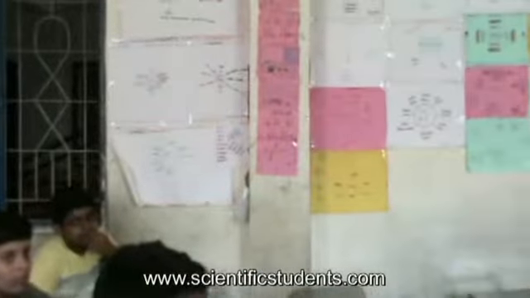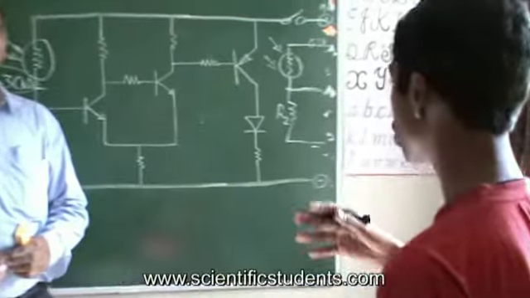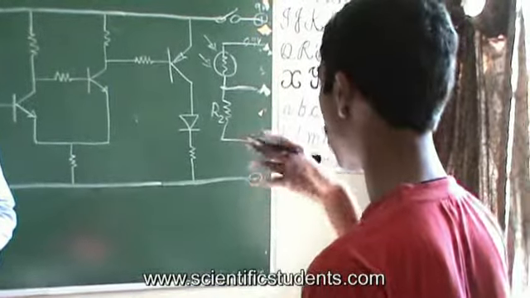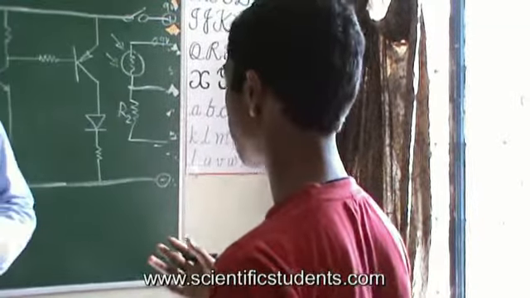Basically, why are we building this project? We want to know how the LDR is used and what its applications are. It can be used at traffic signals where traffic is low. At night, when the light rays of a car fall on the sensor, it can be used to switch on the traffic lights.